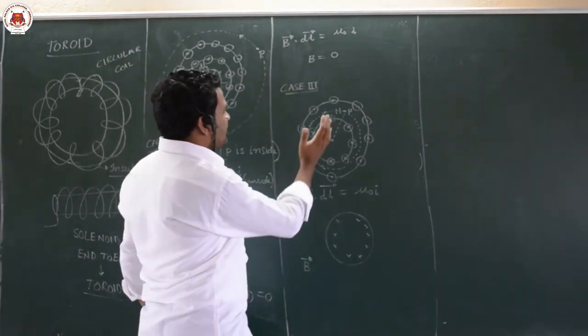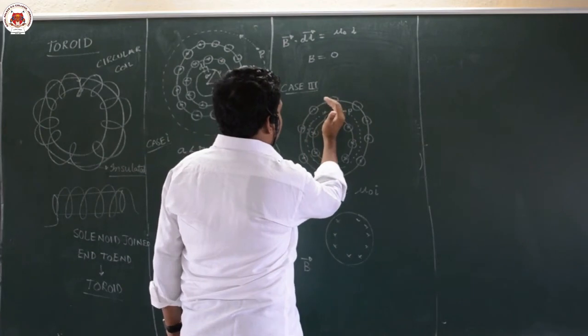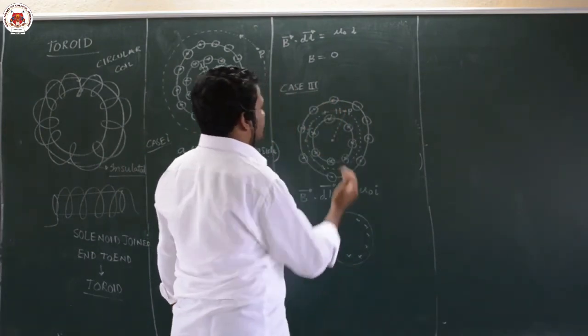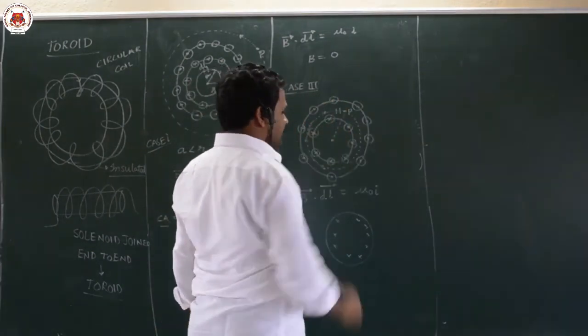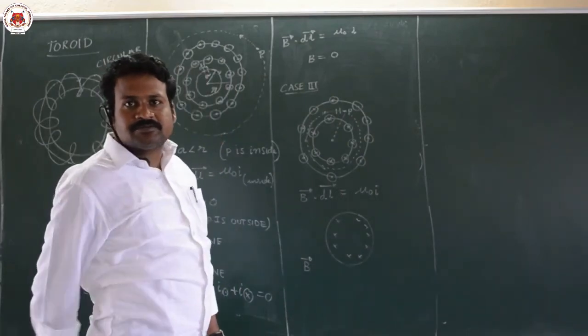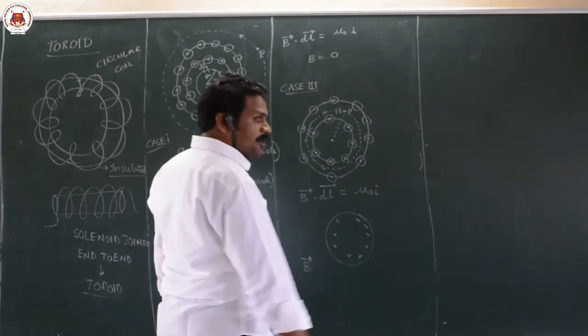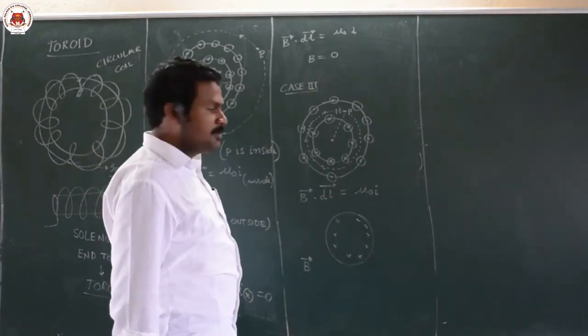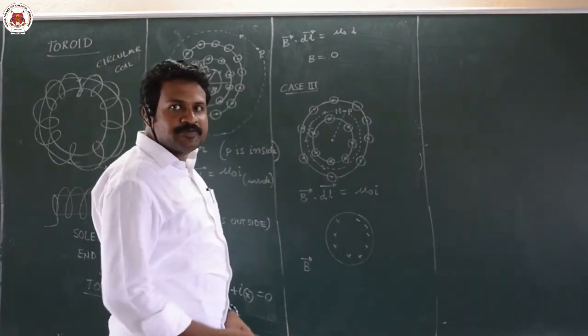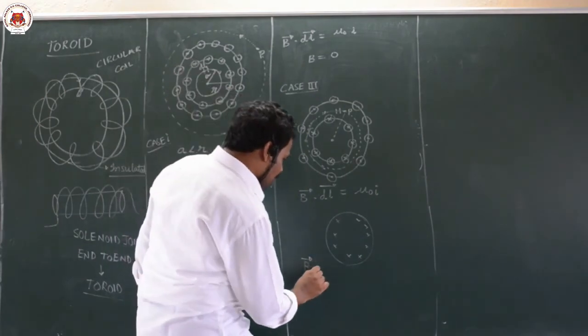What is the direction of B? This is the current direction, this is B. B is tangential to this loop. When B is tangential to this loop, you can apply Ampere's rule. So you get cos 0, the angle between B and dl will be 0. You will get B into 2 pi r